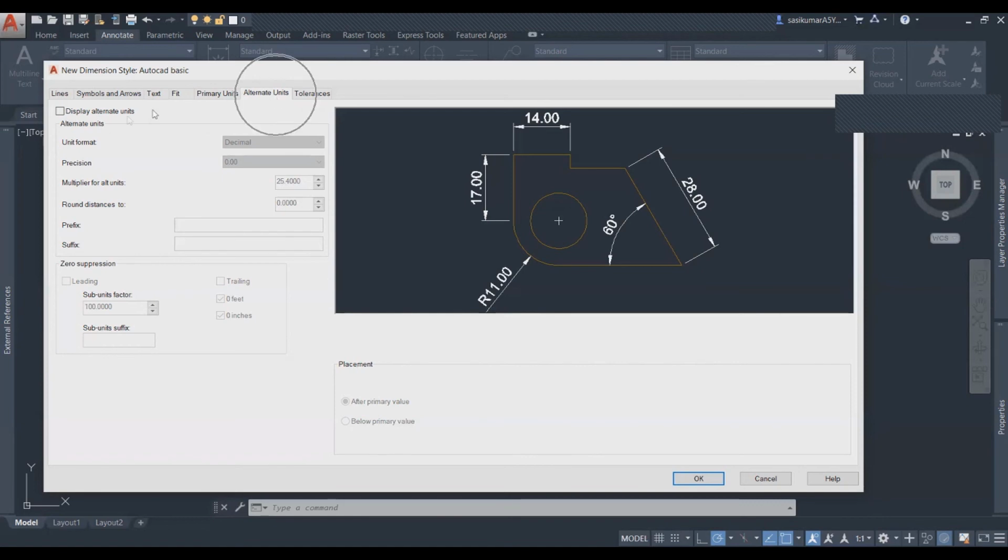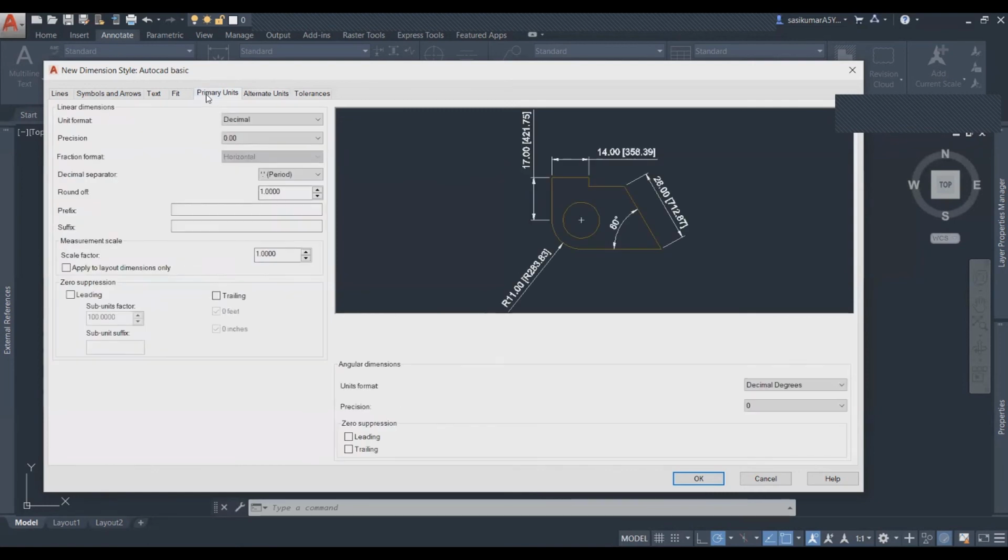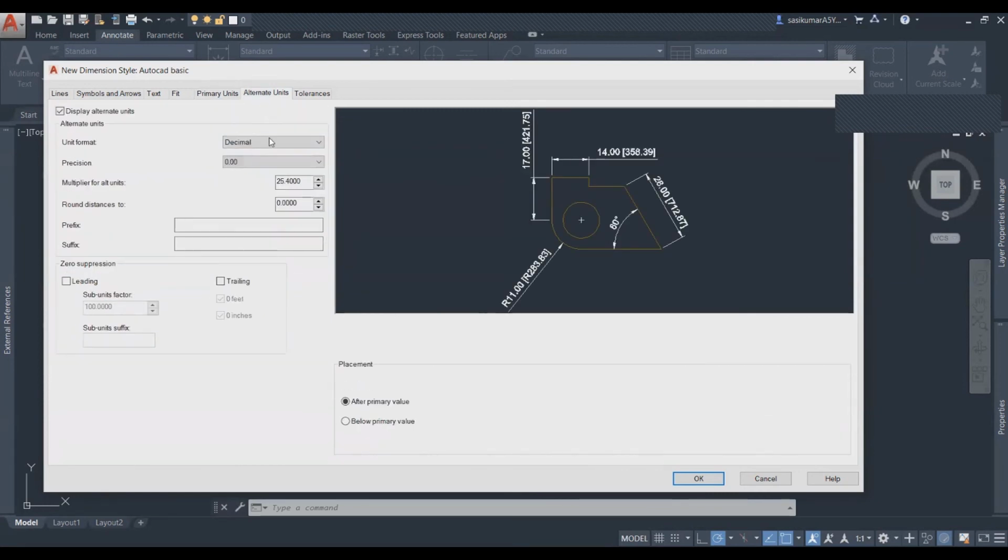See, for the alternative tab, there is one more checkbox to check. Then it's reflected in your drawing. So here you can decide one more alternative unit together with the primary unit. Primary unit I already gave decimal. The alternative I want to use engineering. Okay. See now, I can see my primary unit is 14 millimeter.